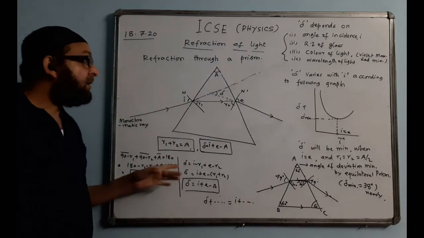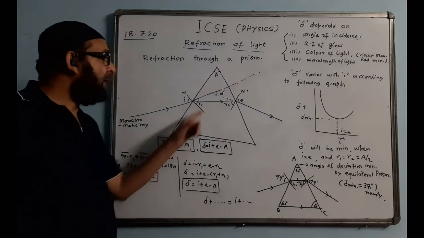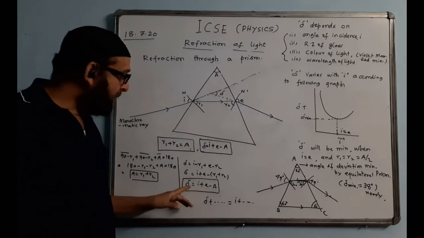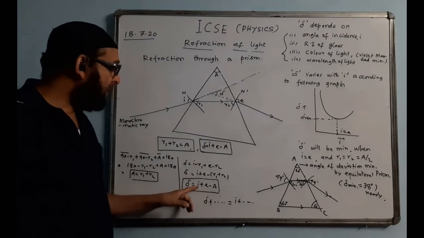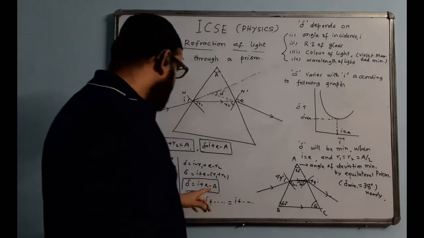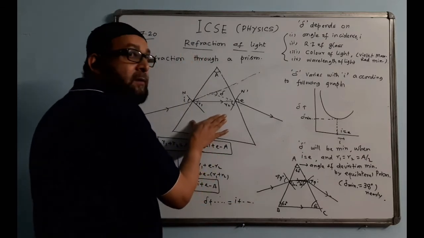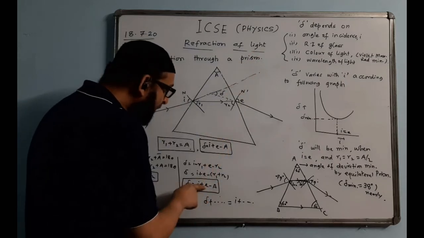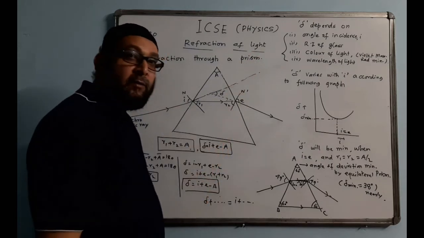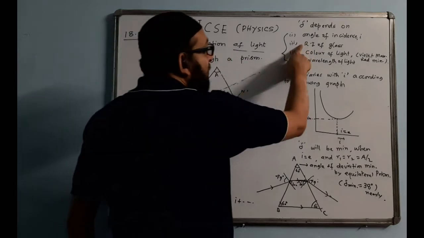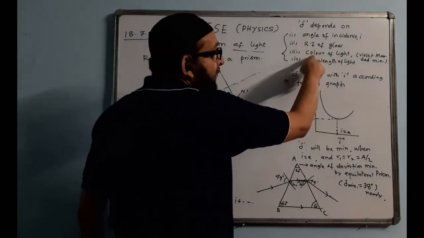Now the question arises, the angle of deviation delta depends on what factors? Looking at the formula, it depends on these factors mentioned. First factor is I, the angle of incidence. Second factor is the refractive index of the material of the prism. Because the refractive index value will give the value of E, it depends indirectly on the value of E. When it depends on the refractive index, it depends upon the color of the light also.